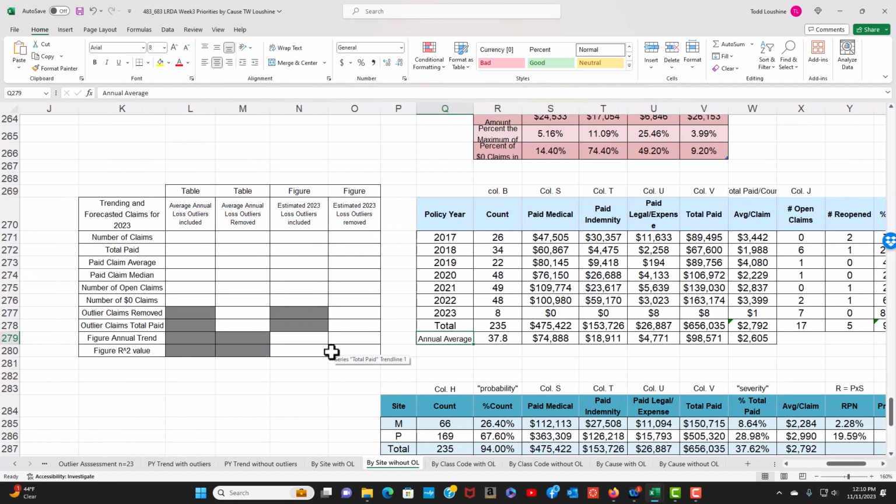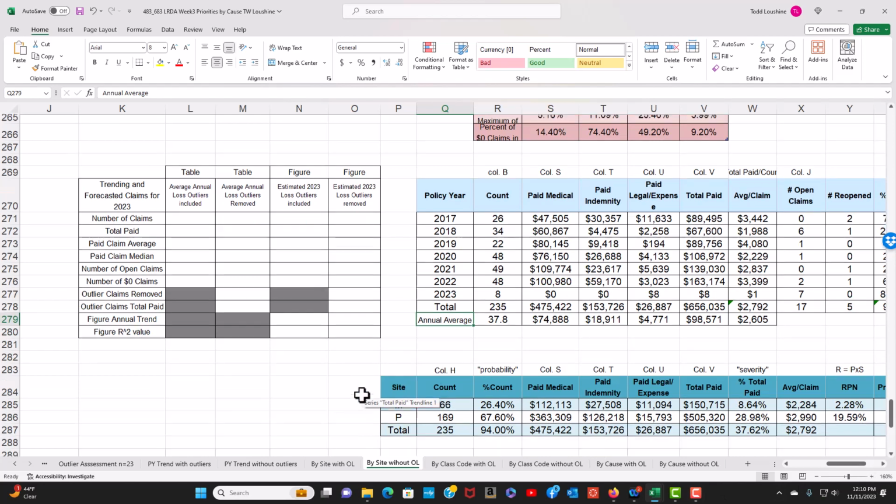I want to break it down by site first, and then with each site, we'll look at the new or the existing priorities by class code and cause. And then another video, we'll start digging deeper. And what you'll see is there'll be a lot of repetition this week. But first, we need to set it up. And so that's why I want to spend some time